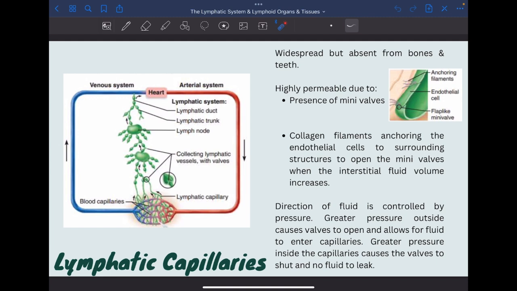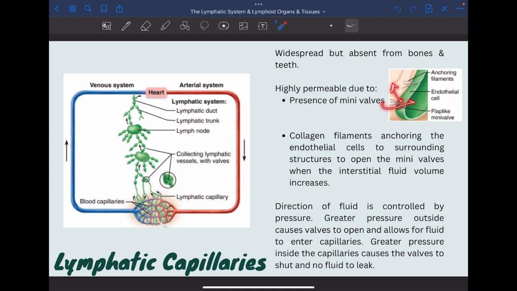So again, these lymphatic capillaries, which are the beginning of the lymphatic system, are present between the blood capillaries and pick up the leaked fluid and make it part of the lymph, allowing it to get returned back to the blood circulation. The reason that it is capable of doing that is mainly because of its mini valves. The cells are not tightly joined to one another, but are sitting on top of one another. And due to change in the fluid volume outside or inside the capillaries, they open and close because of the collagen filaments. If the fluid volume is greater in the interstitial compartment, outside the capillary, this will pry them